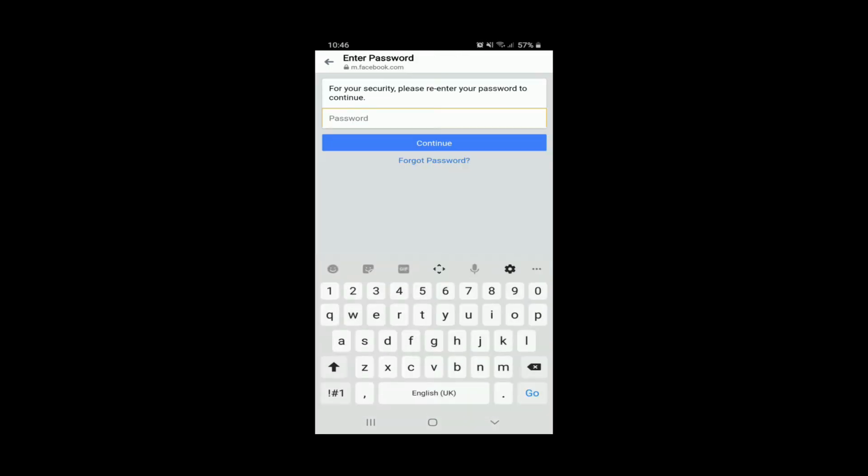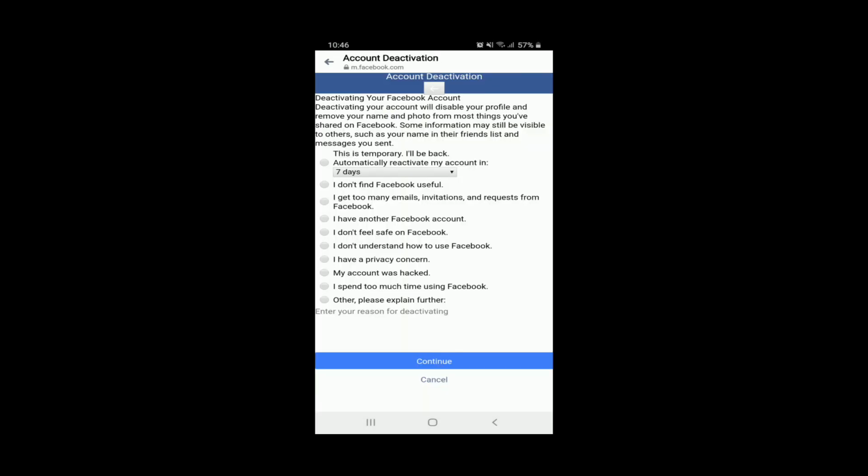You'll need to type in your password in order to deactivate your account. In case you've forgotten your password, you can tap on Forgot Password link at the bottom and reset to a new password, and then come back to this page and type in your password. Once you're done, tap on Continue, and on the next page, go ahead and select any reason you're trying to